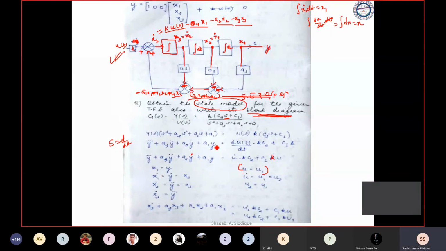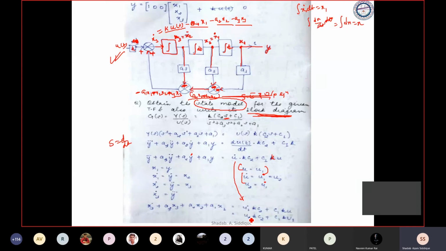Yes. So, okay. We have taken u is equal to u1, and we just differentiate this u. So we differentiate u as u dot, which is equal to u1 dot, which is equal to u2. We have the assumption. So what is meant by u2? u2 is equal to u1 dot. So now I'll replace in this equation. What is u dot? u dot is given as u2, and u is equal to u1. So I'll just replace with u1 and u2. So this should be u2 and u1.